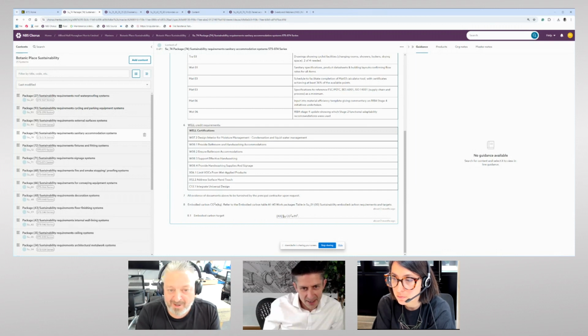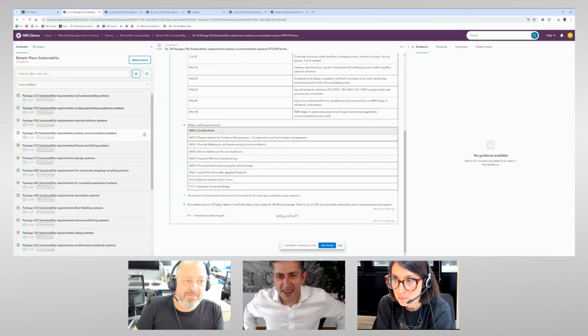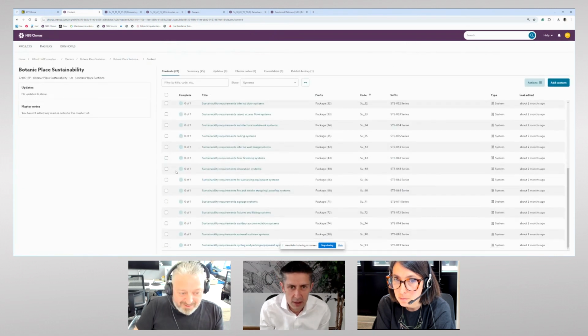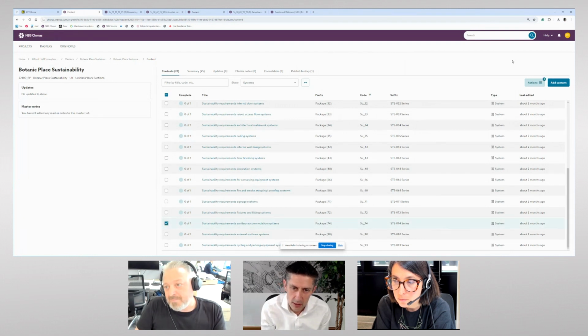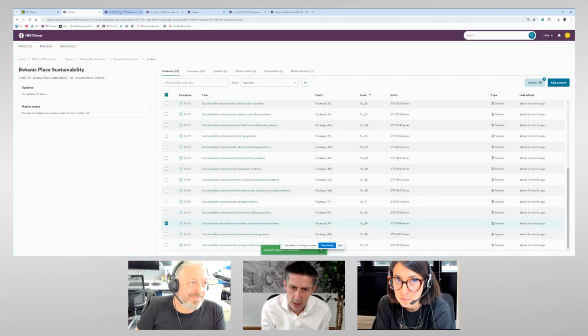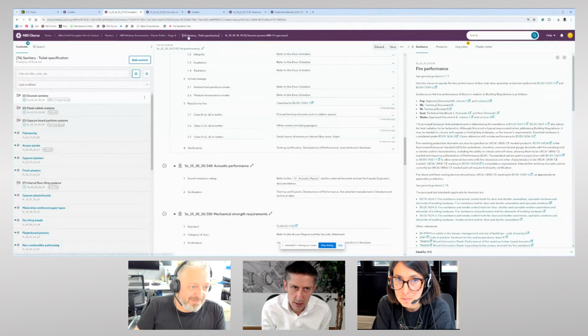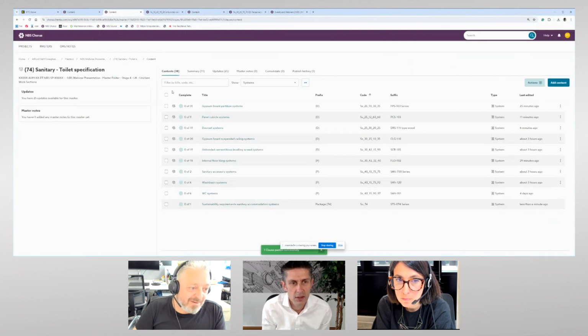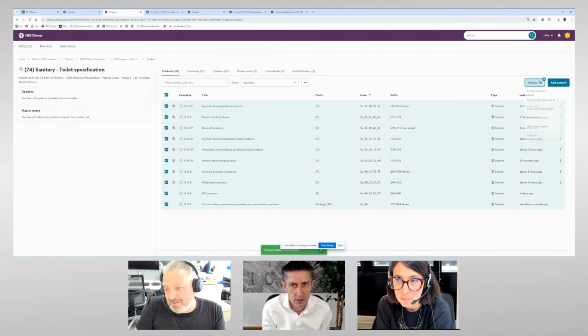So it could be 98 kilograms CO2e per meter squared. So it's just a way to do that. And then as they build a specification, if we have the 74 package, when it's all done up, the architect selects this, he copies it to his clipboard. It goes back into a 74 specification. He places it within there. And then when he comes to publishing it,